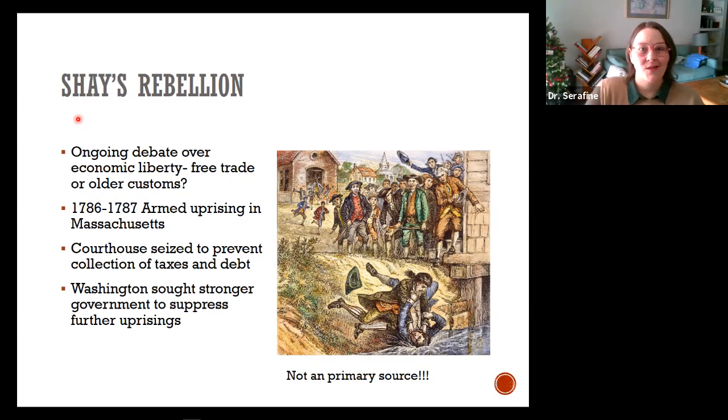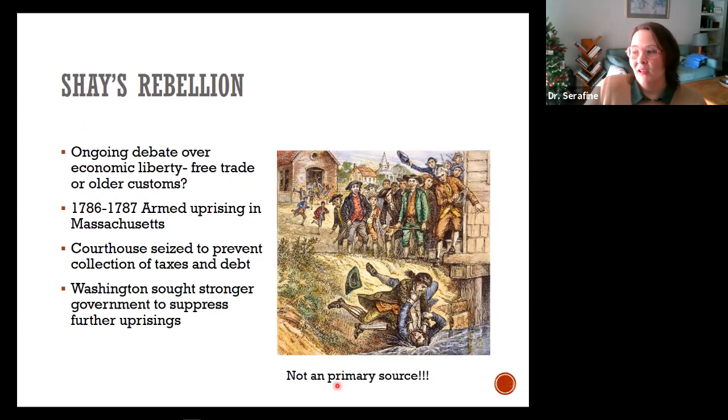It should be Shays, S apostrophe. Daniel Shays is a farmer. He doesn't actually start the revolution. He just ends up getting a lot of credit / blame for the rebellion. So let's talk about what's happening among these farmers in Western Massachusetts that has them so upset.